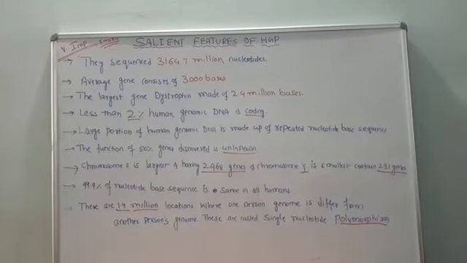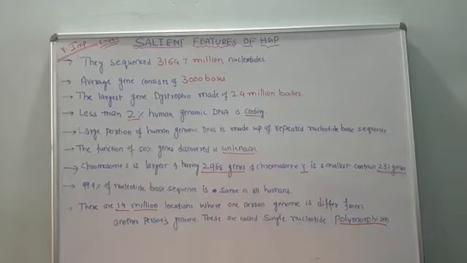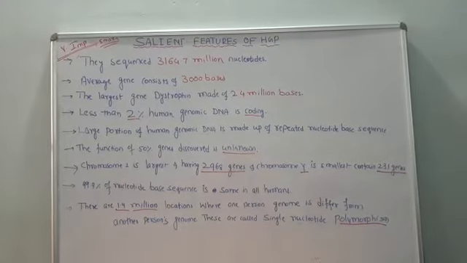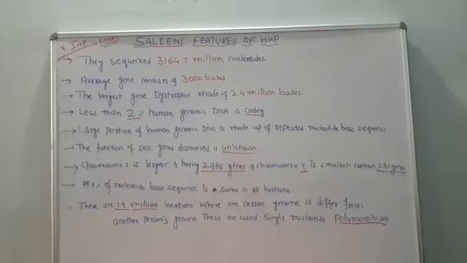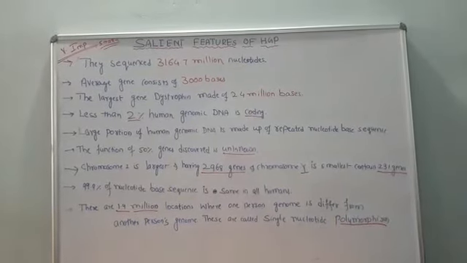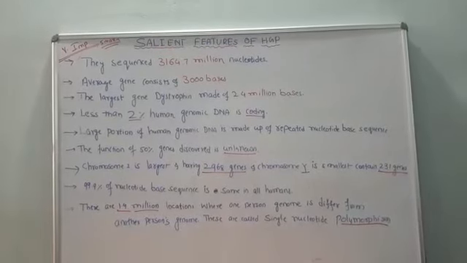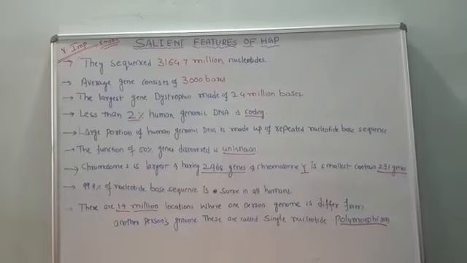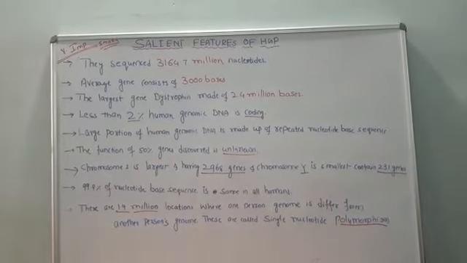They are present repeatedly. For example, AT, CG, like that, several times it is repeated on the DNA. Several times the nucleotides are repeated, so that sequence is called a repeated nucleotide base sequence. Such repeated sequences are found in the human genome, so we come across many VNTRs in the human genome. That we will discuss in the next video.